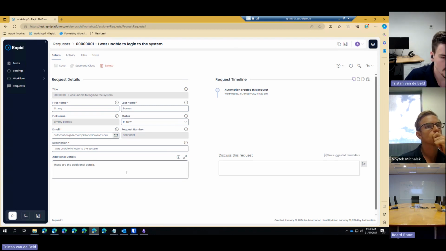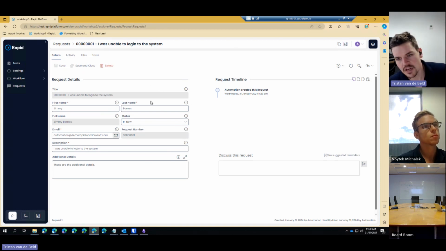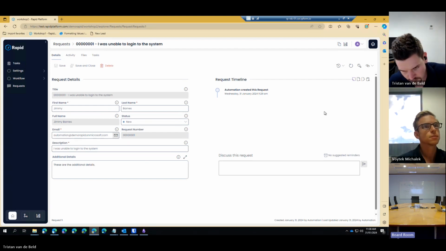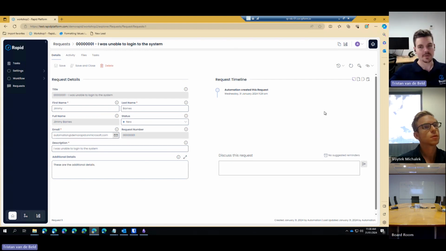Cool. Awesome. So what we can do now is I actually want to edit this page a little bit more. Have you guys seen this, the timeline? Have you guys used or seen this before? No. You saw it in the initial demo, I think. Yeah, weeks and weeks ago when we had our first one, maybe. Yeah, okay. So this timeline is quite useful, especially for an item like requests,